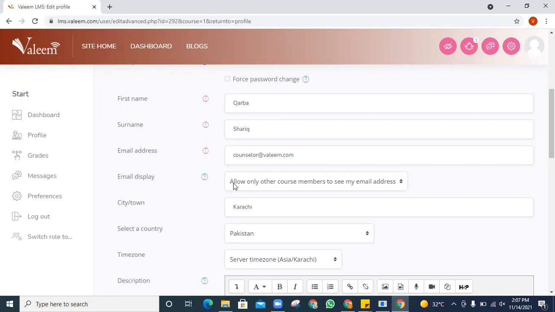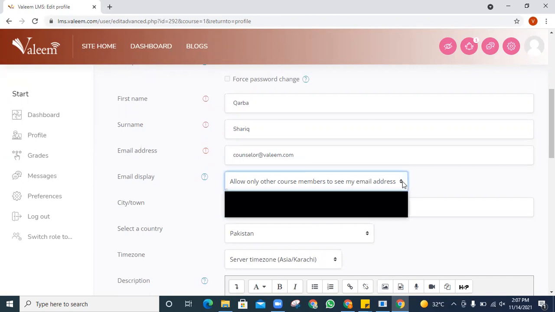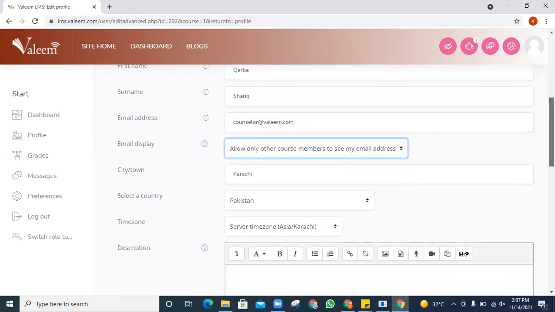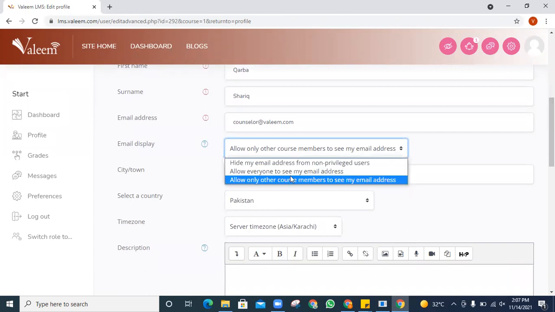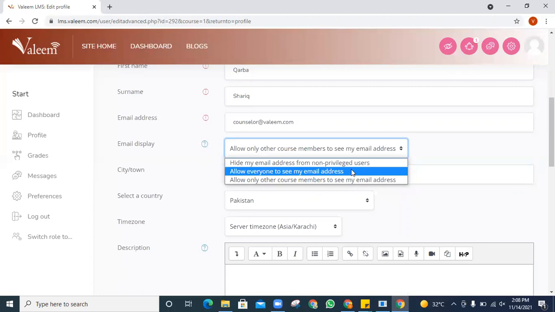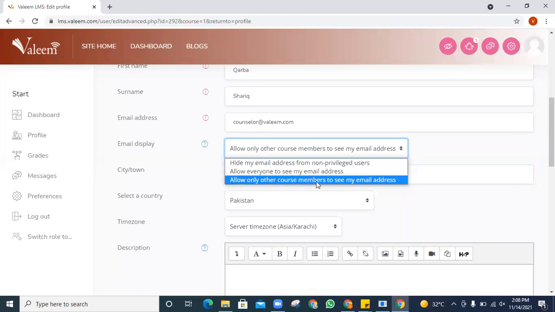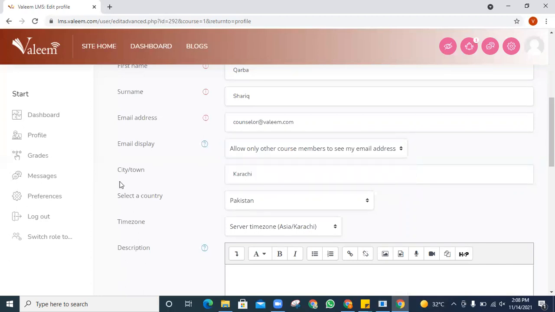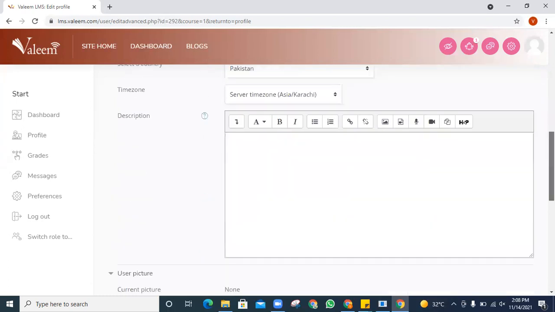Here I have selected it as allow only other course members to see my email address, right? And here you have other options as well, so you can use it as per your ease. It can be hide my email address from non-privileged users, allow everyone to see my email address, or allow only other course members to see my email address. Then you are required to update your city or town, the country you are from, the time zone, and